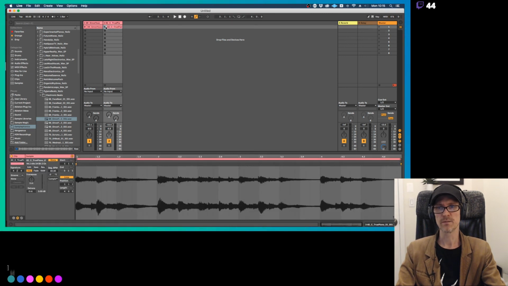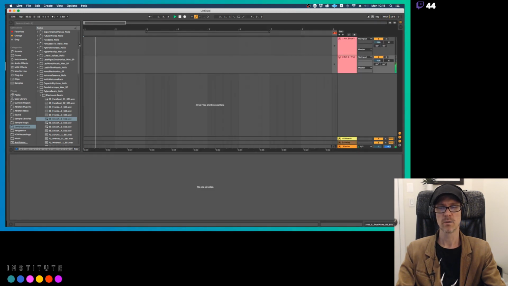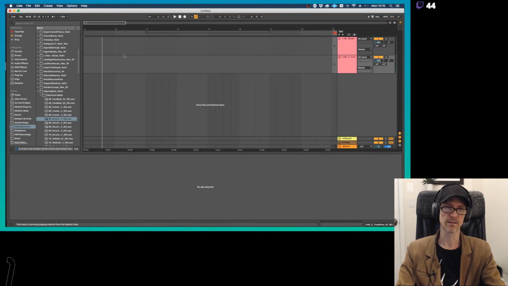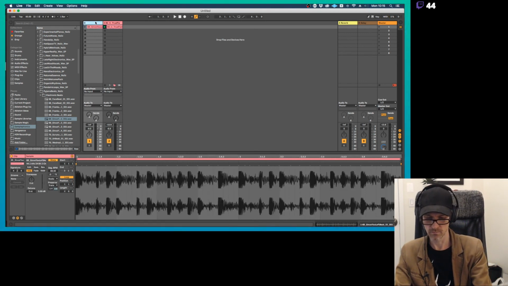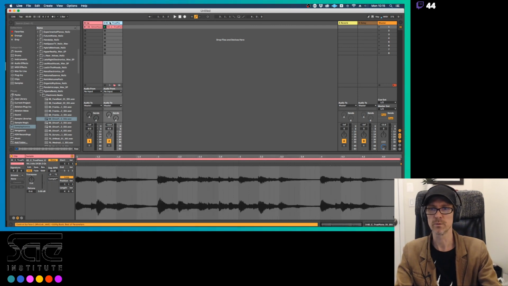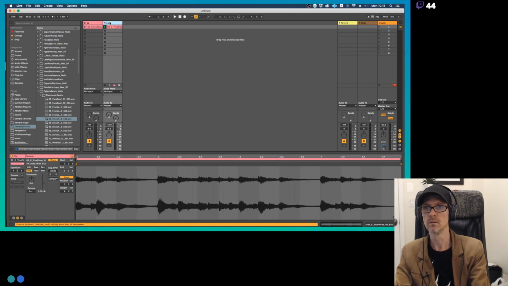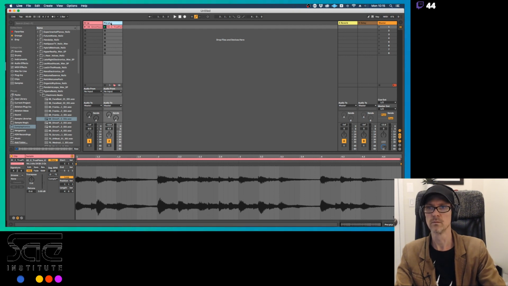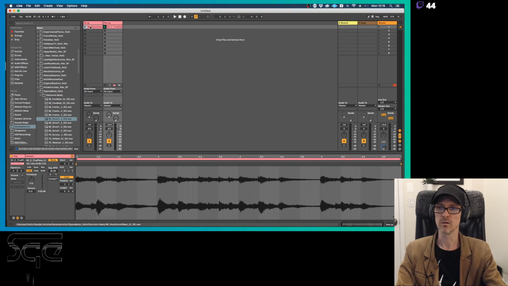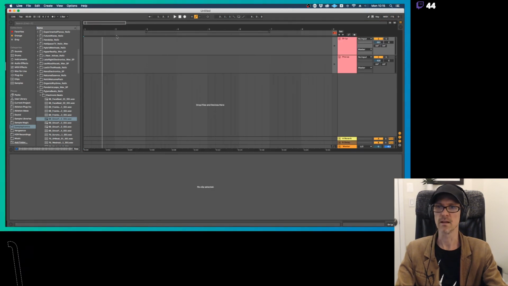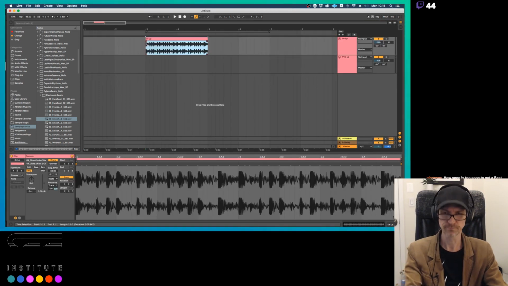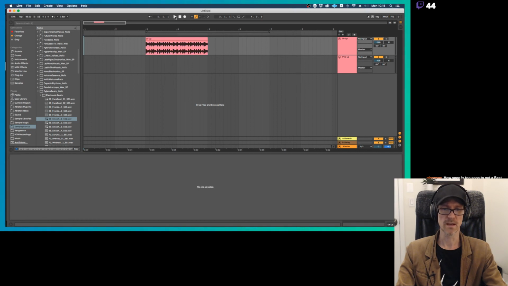What I'm going to do is I'm going to have this piano part play. If I hit play on it, it's going to play. But we look over here, there's nothing happening in this arrangement view. But watch this. I'm going to take this drum loop. I'm going to copy it over here. I'll just call this some drum loop, and I'm going to call this some piano loop, and I'm going to copy this over into the other one, and watch what happens. So I hit this. Now if we start playing from the beginning,